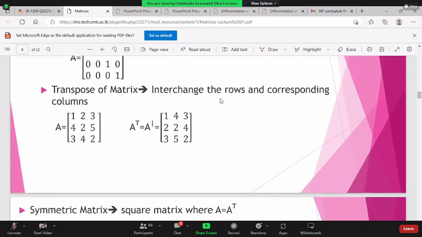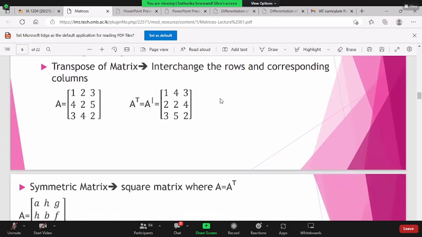Right. So next one is transpose of a matrix. So what do you mean by transpose of a matrix? You already know. How to perform the transpose of a matrix? We have to interchange the rows and the columns. By interchanging rows and columns, we will be able to transpose the matrix. If we are asked to write down the transpose of the matrix A, the first thing is the symbol. To indicate a transpose of a matrix, we use the symbol A to the power capital T.